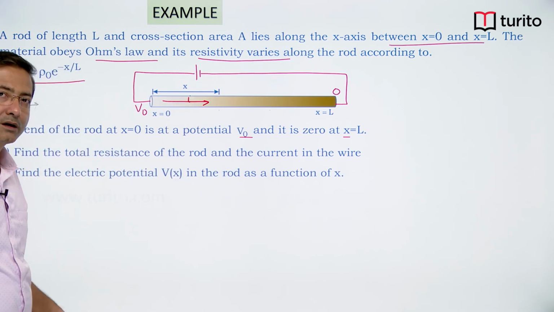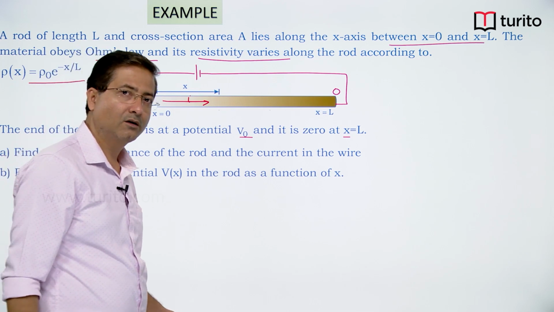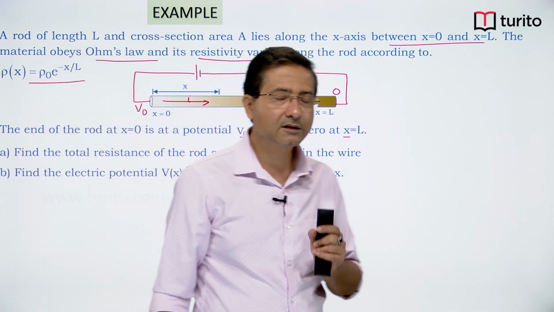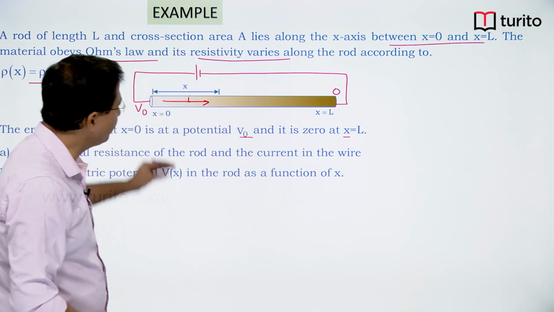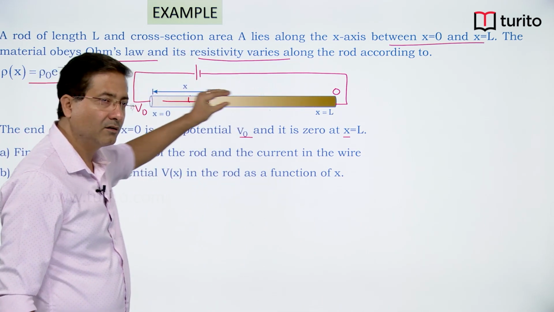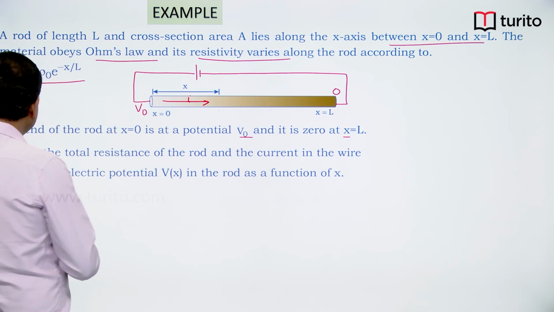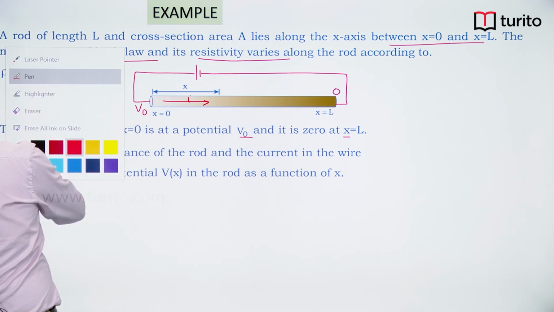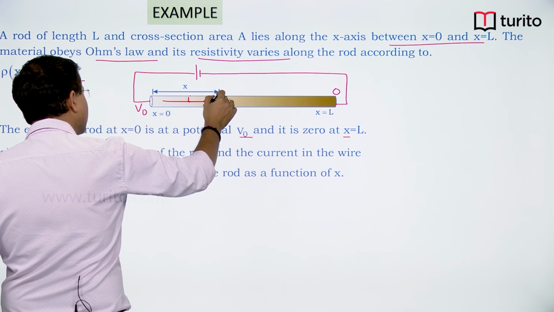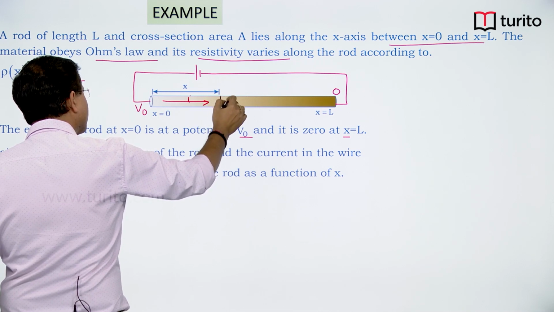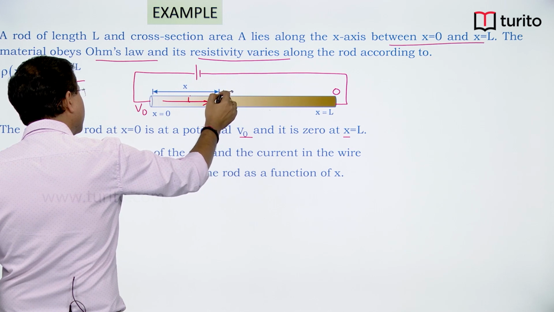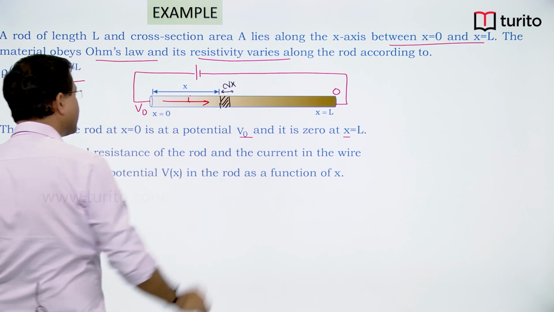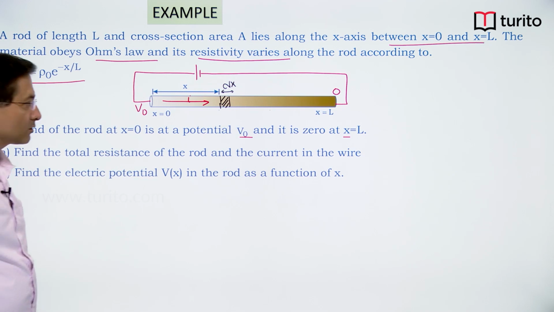I want to find out the total resistance offered by the rod. As resistivity everywhere is varying and area everywhere is constant, I will first calculate the resistance of a small element. Here I will take a small element and try to get its resistance. Let the thickness of the element be dx. So, for this element